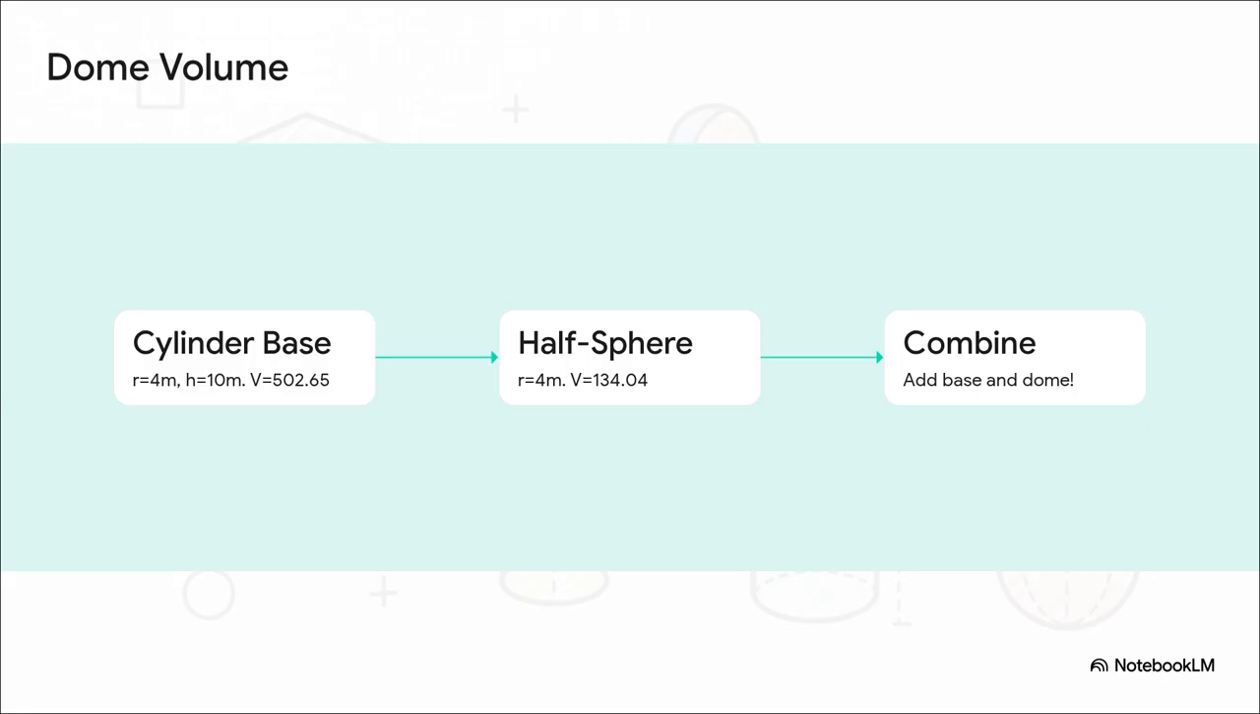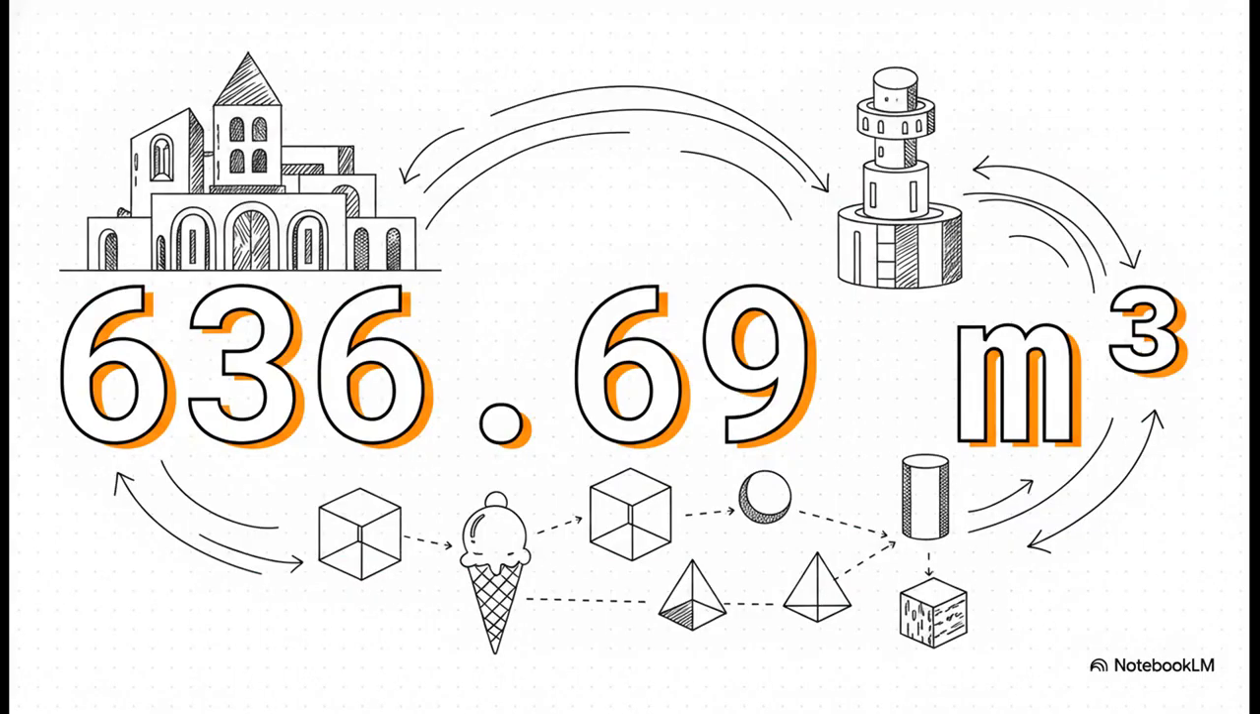Now, step 2, and here's where we have to be super sharp, we have a dome on top. A dome isn't a full sphere, right? It's a half sphere or a hemisphere. So we take our regular sphere formula, 4/3 pi r cubed, and we just multiply it by half. Half of 4/3 pi times 4 cubed gives us 2/3 pi times 64, which comes out to roughly 134.04. Step 3, we just combine our cylinder base and our half-sphere dome. And that gives us a massive